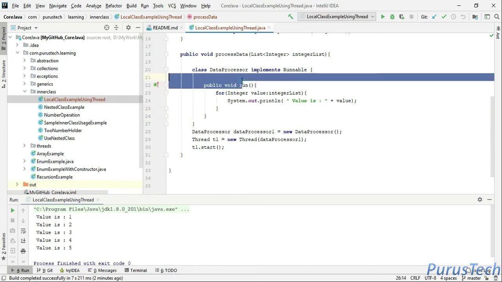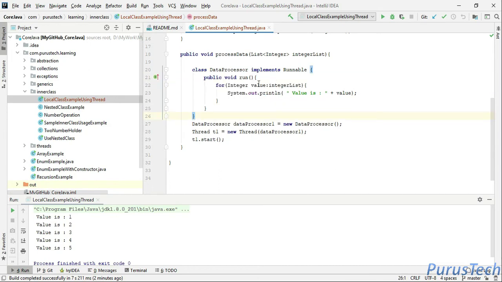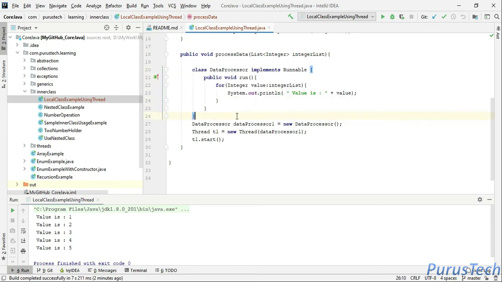Now I'm interested in running only this run method. So now let's see how we can make this local class an anonymous inner class. I will remove this one and I will create an object without the class name. So here new Thread,